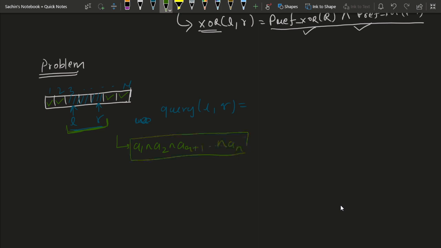Now, how can we do this? Can we find the XOR of L to R? Yes, definitely. The strategy we have discussed earlier, the prefix structure. By using that prefix structure, we can definitely find the result of this query from L to R. Suppose I am declaring a variable called range XOR, which is storing